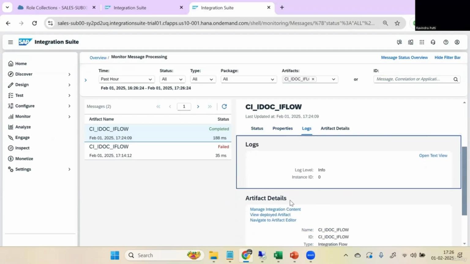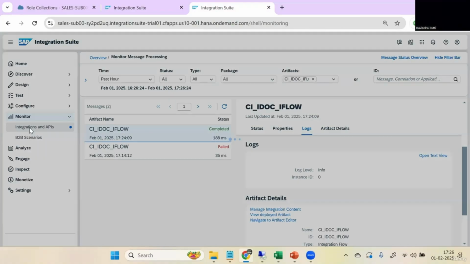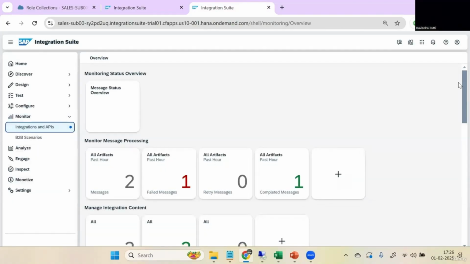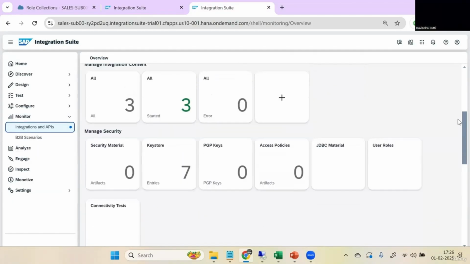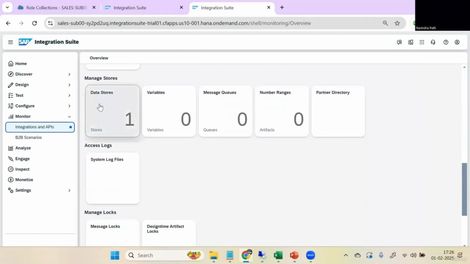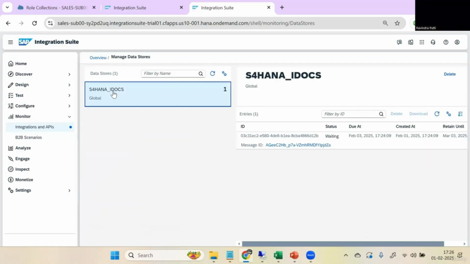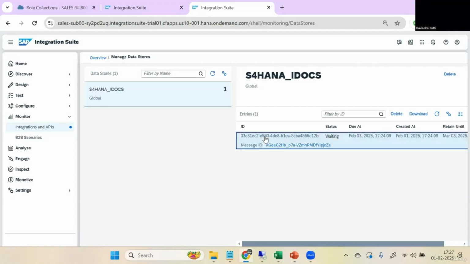Fine. So now what we will do is go to your monitor and go to integration and APIs. Because we have created one data store for this, we need to see your data store. The data store is created, and the name of the data store is S4HANA IDOCs. And now you can see that there is a message which has been created. It means we received this IDOC. And when you click on download,